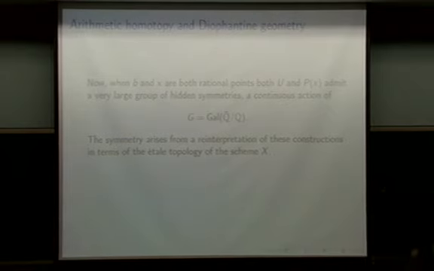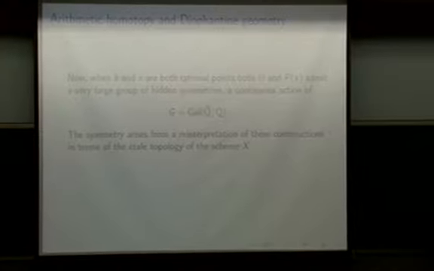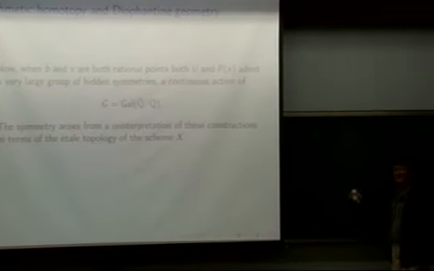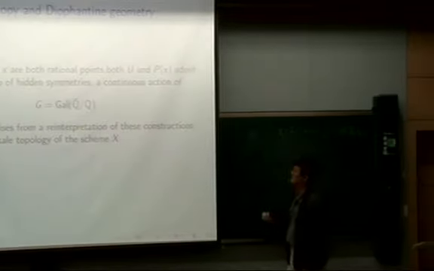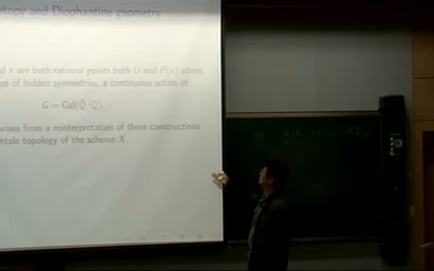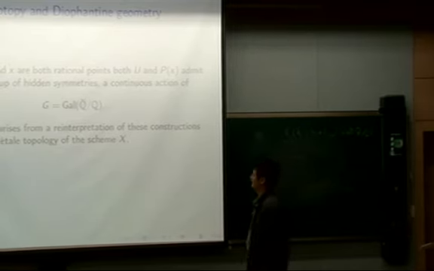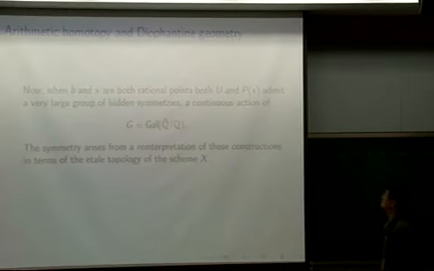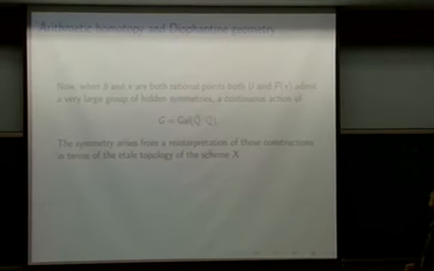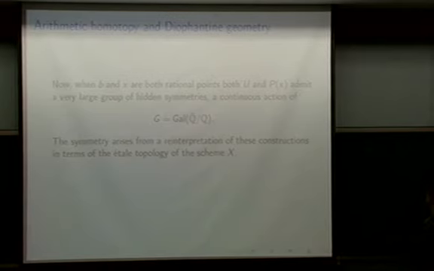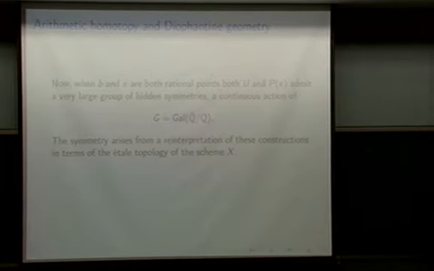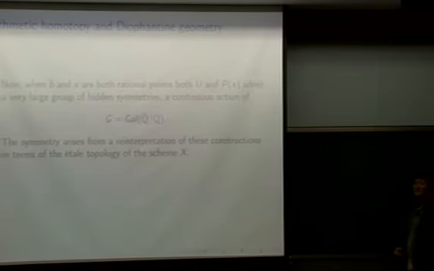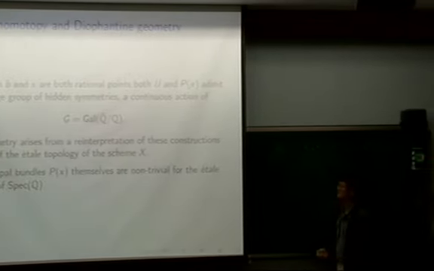That somehow, when these are both rational, this carries a natural action of the Galois group of Q bar over Q. So this is a very mysterious fact from the point of view of topology, but from the point of view of the arithmetic topology developed by Grothendieck, it is very natural. So that's what distinguishes the rational points from complex points. The principal bundles that you get from rational points have a Galois action. That's the idea.